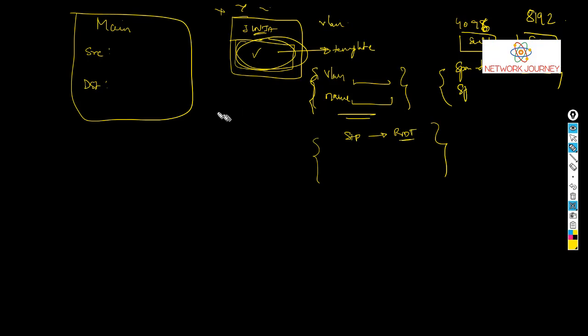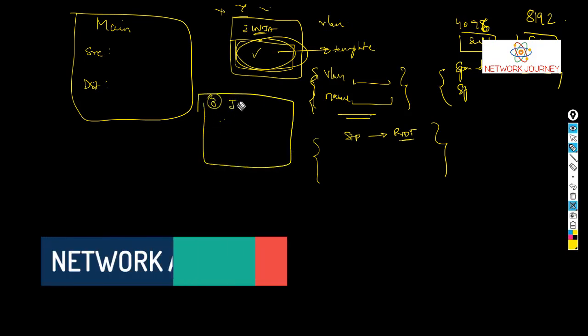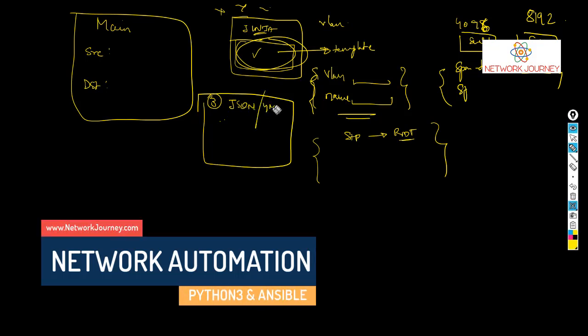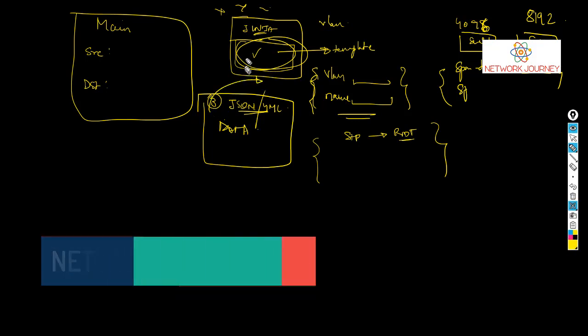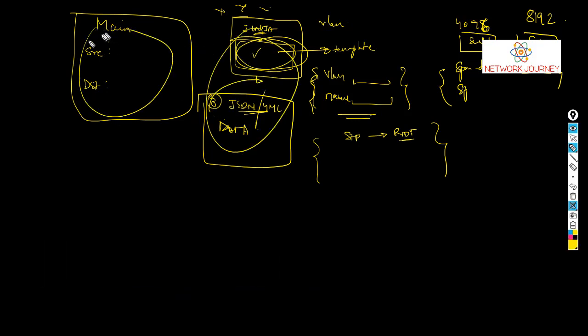Now what is going to change? That's over here, the third block. The third block can be either in JSON or in YML. These are going to give the data to this template, and these two will be called in the final script. So the job of the network engineer would just be to run this script. Before running the script he will just change the data, which can be very simple. Say for example he wants to configure VLAN 1 to 100, so he'll just go to this file and say I need 1 to 100. That's all. He is not going to do any changes here, and not here either.